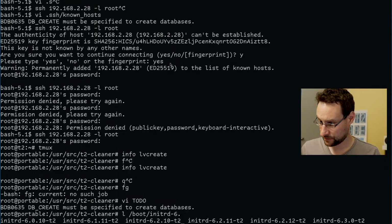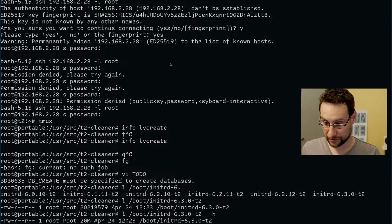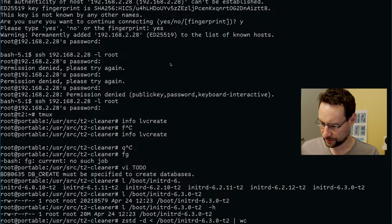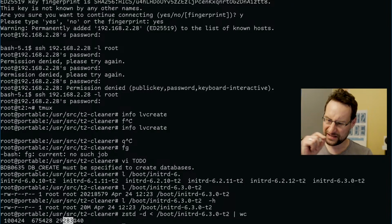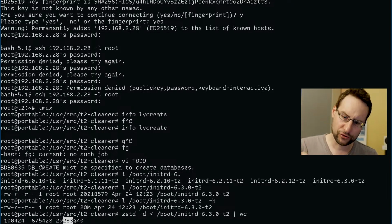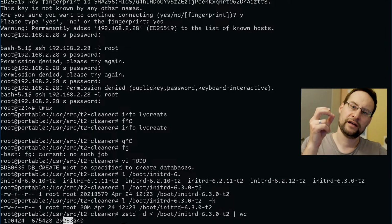6, whatever, 2, 3. I need a new kernel on my Steam Deck. It's not secure anymore. 20, that is compressed, right? Yeah, 20 meg compressed. How large is it even? Zstd decompress, word count or whatever. Right, so this does not compress that much anymore. Our initrd could be smaller if we would not memory optimize it. We basically memory optimized that for...